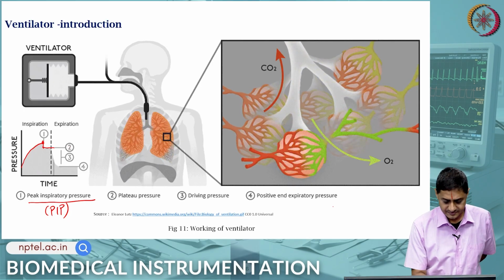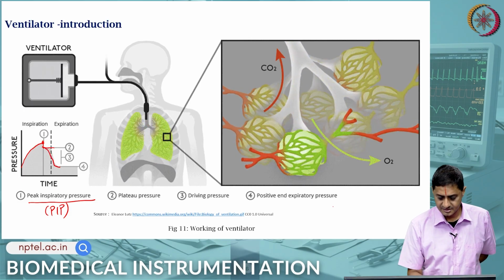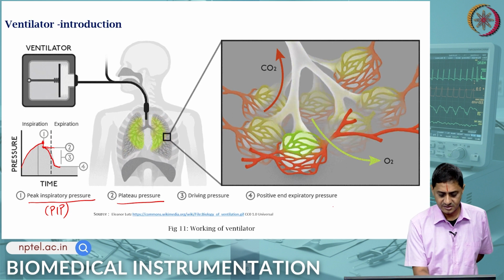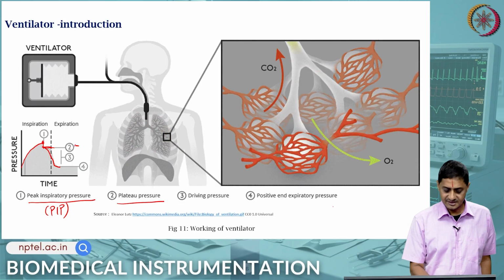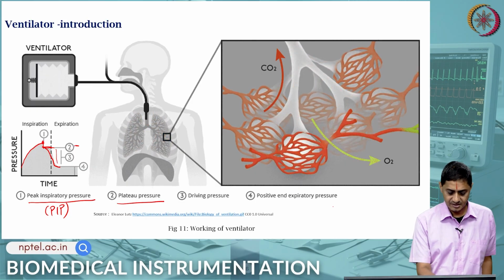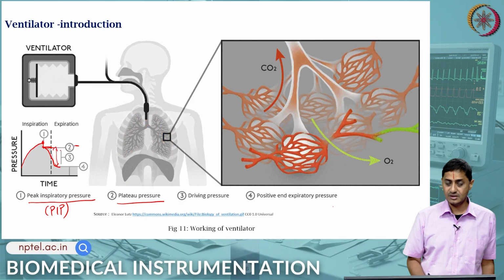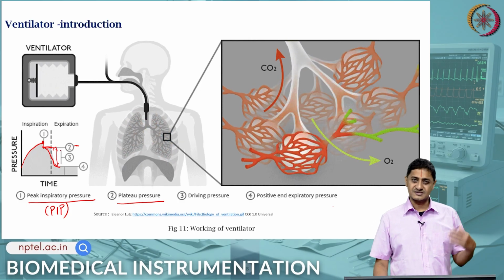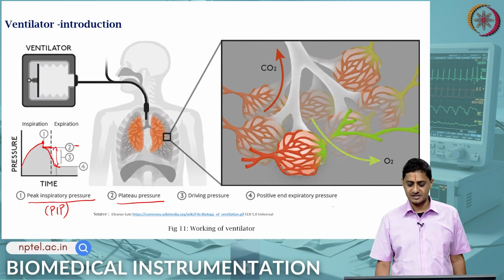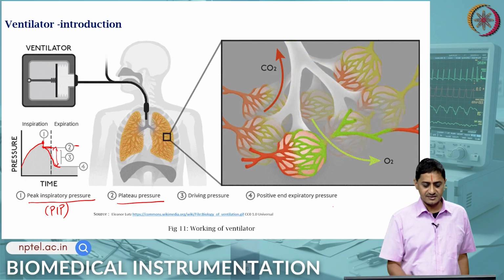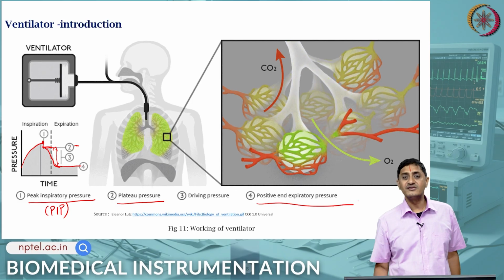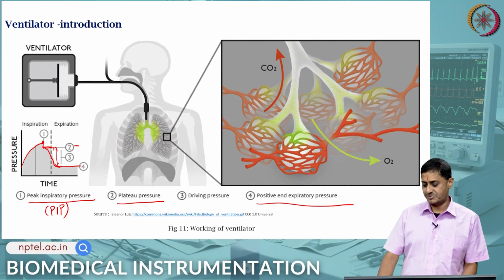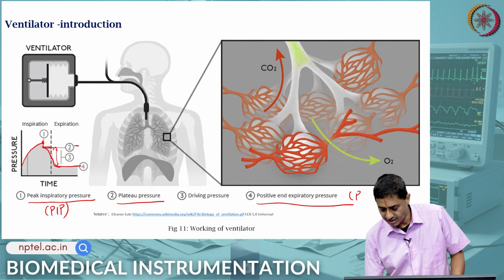That plateau happens, right, and after that plateau, it drops. This second level is called the plateau pressure, and there is a driving pressure between the first plateau and the second plateau. The difference is called driving pressure, and then there is a longer plateau that is called the positive end expiratory pressure, quite often called PEEP,